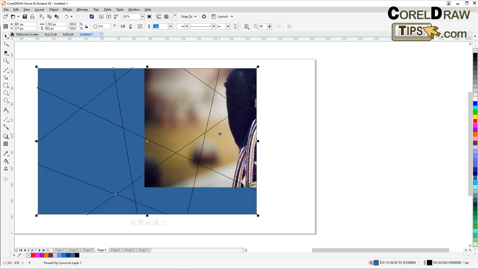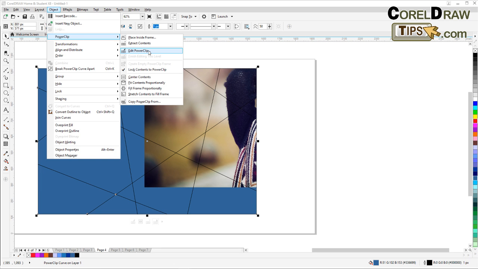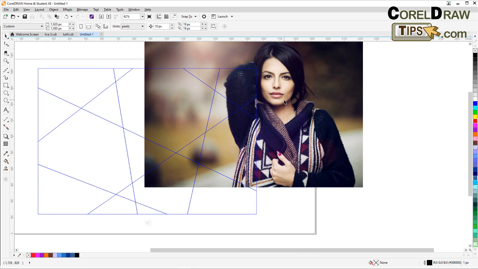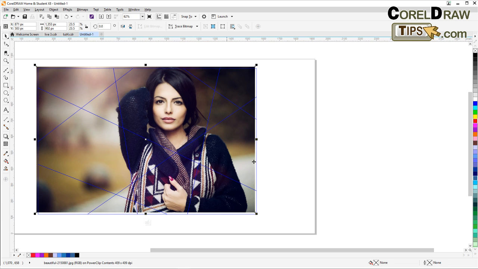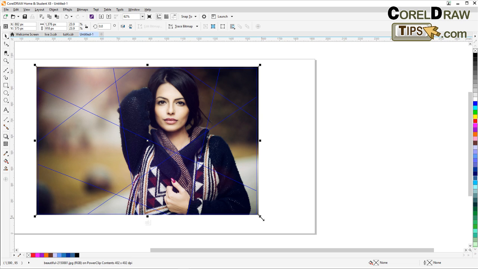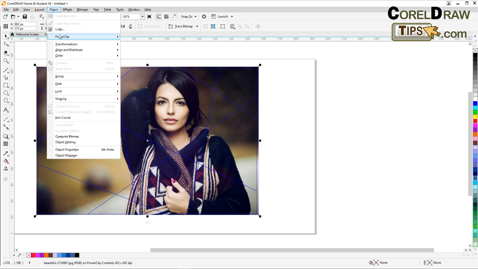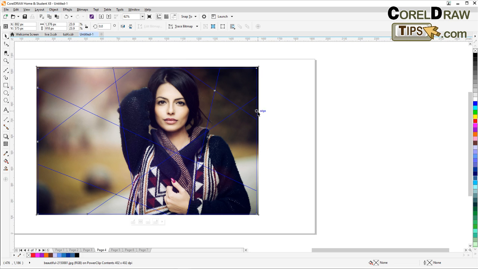But it doesn't look right? But you can still edit the PowerClip by going to Objects. You can go PowerClip, edit PowerClip, and now you can move this to the right spot. Now it's also best to enlarge it a little bit like that, and then now you can go to Objects again, PowerClip, and finish editing this level. Okay,